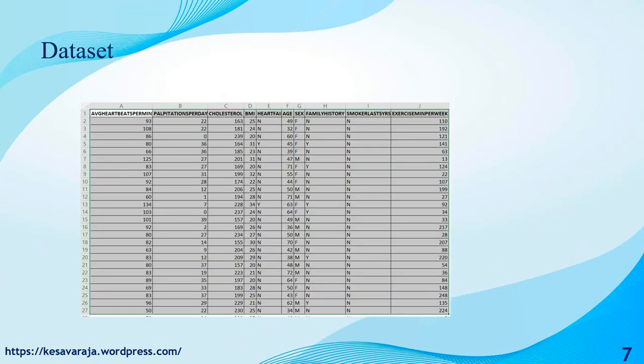This is the data set we have taken. The data set comprises 9 features: average heartbeats per second, then pulse rate, cholesterol, BMI, age, sex, family history, smoking in the last 5 years, and exercise.